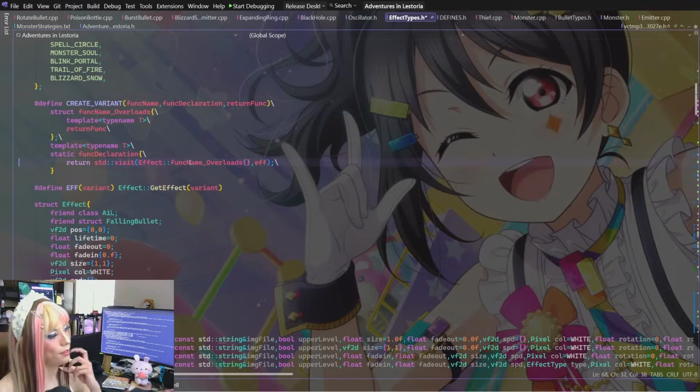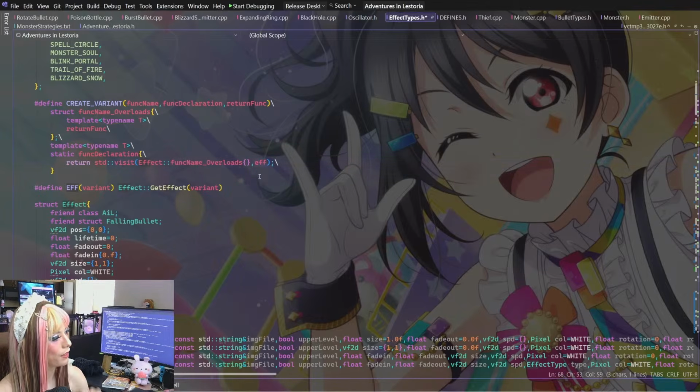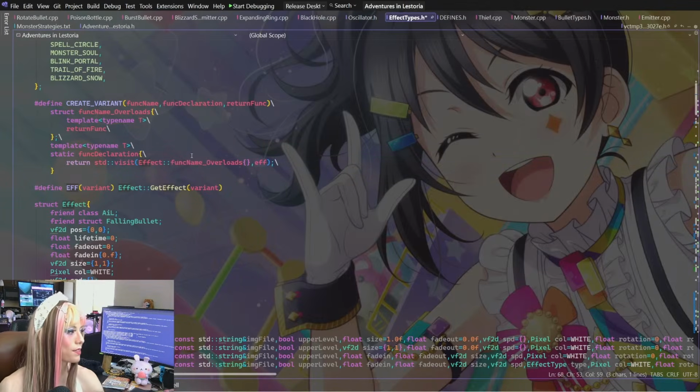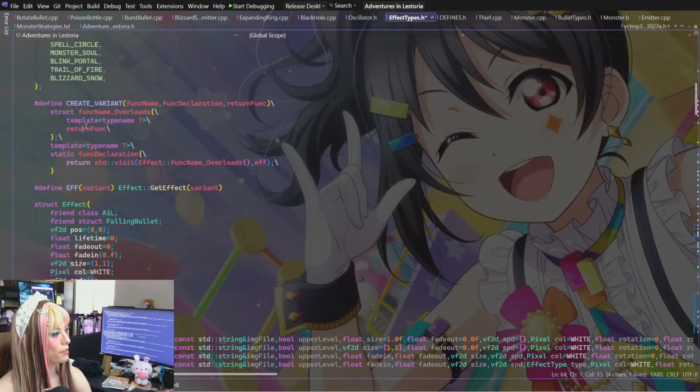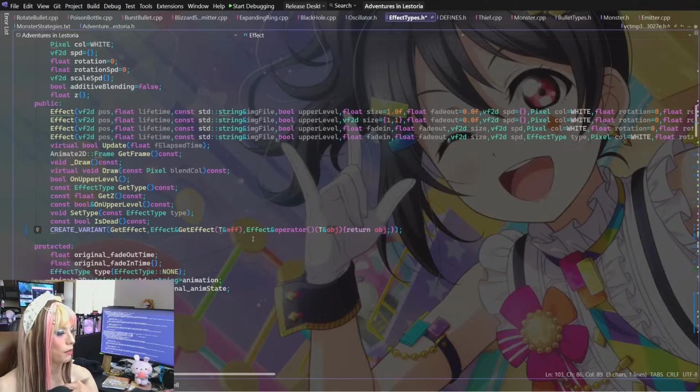Standard visit, effect, get effect overloads, comma, effect. So that would be the standard visit, which should match what's in here, and will then return that as the object, which is supposed to be an effect reference.